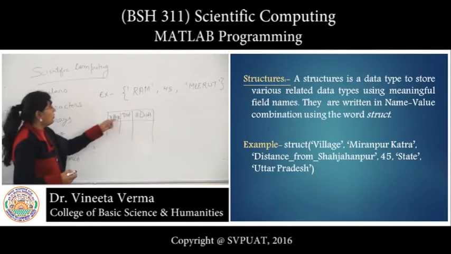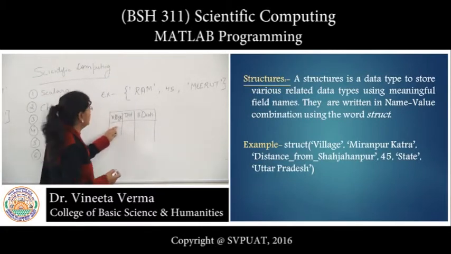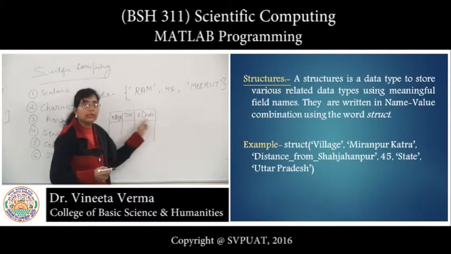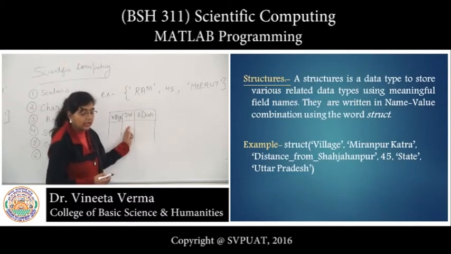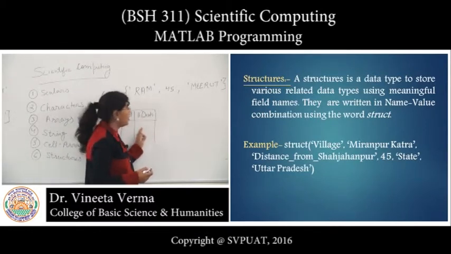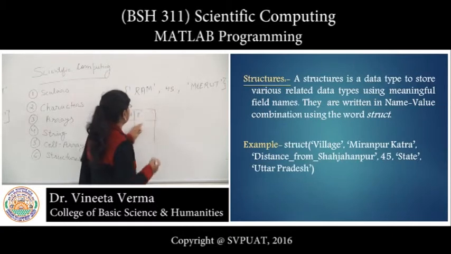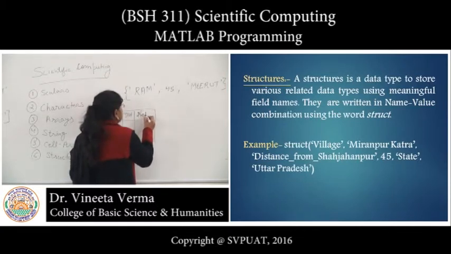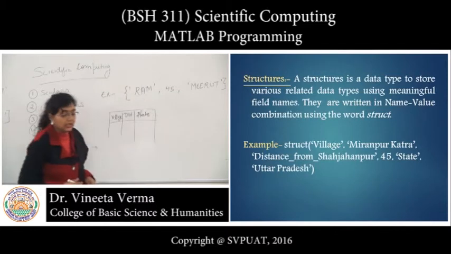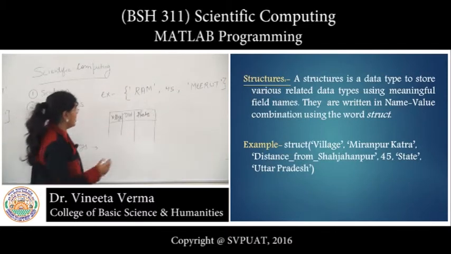So what is the name of the village? What is the distance from the district, and what is the state? We can take state.